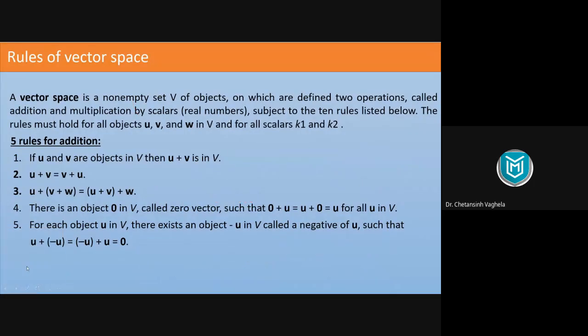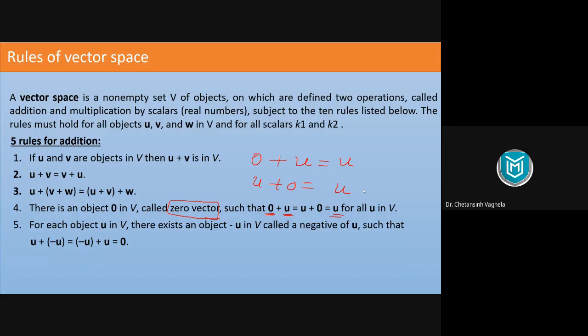Then the fourth property or the fourth rule of vector space: in your set capital V, that means in your set of objects, there should be one object called zero vector or zero object. ऐसा एक object होना चाहिए in your set V, for which if you add that object 0 to any other object u, then 0 plus u should be again u. Right? एक ऐसा object 0 आपके set में होना चाहिए that if you add this object to any other object, then your result should be the same object u again. Or if you take u plus 0, again it should be u. Right? So this object is called zero vector or zero object of our set V.